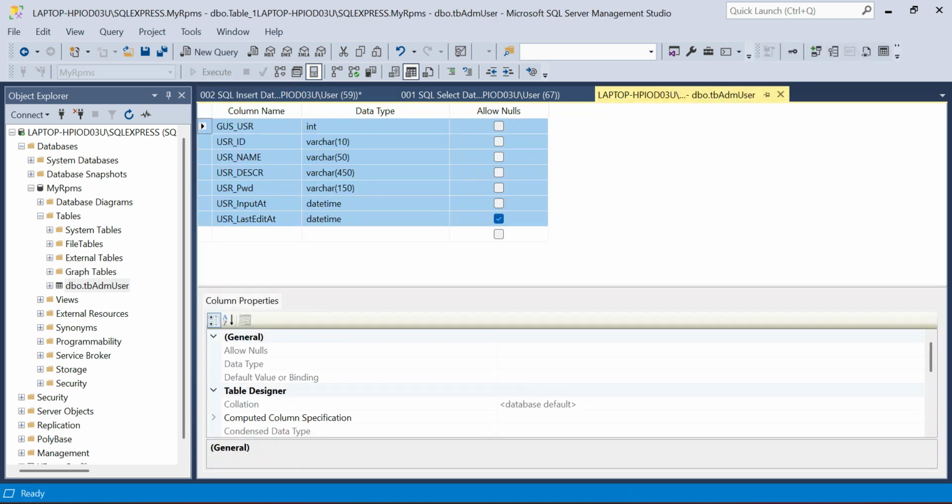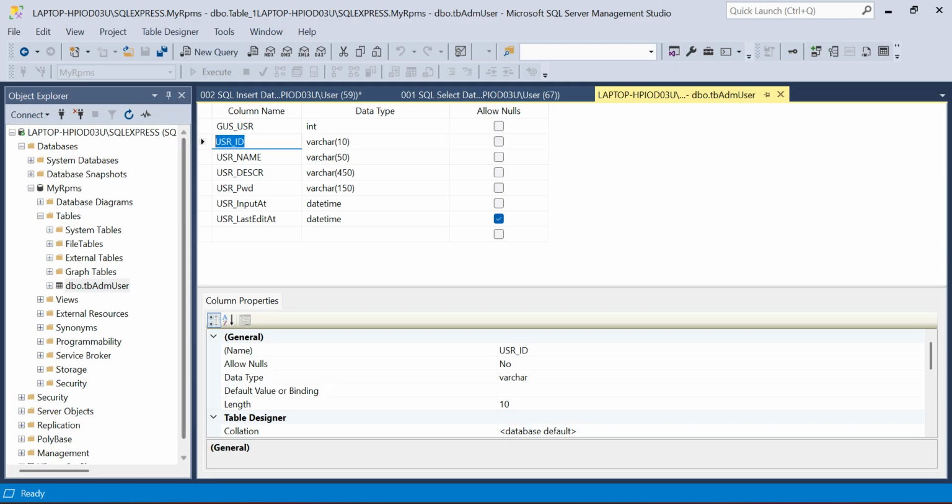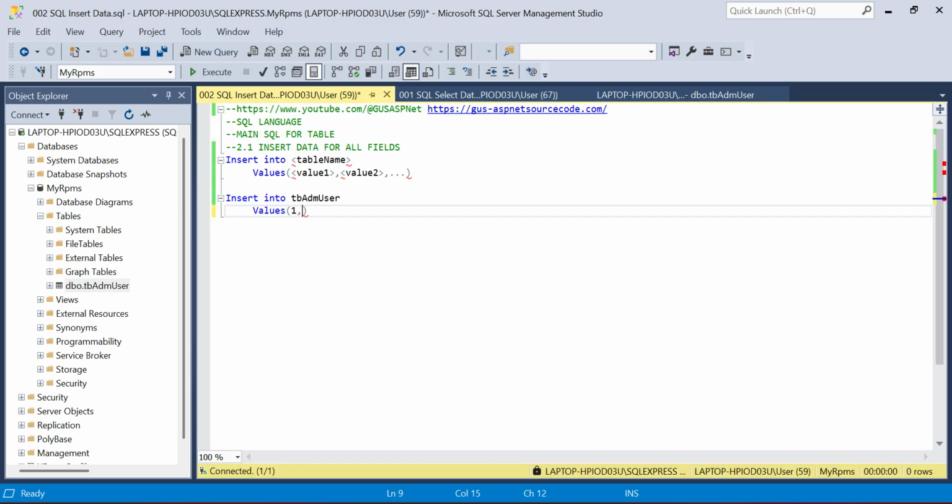For example, I want to give Goose USR value is 1. I want to give USR ID with Goose admin, and the name is administrator. Description, administrator has full access to all menus.